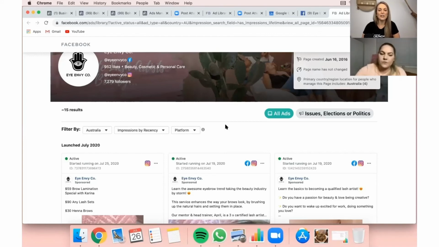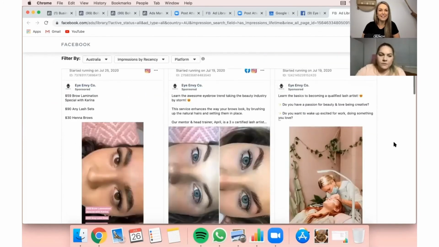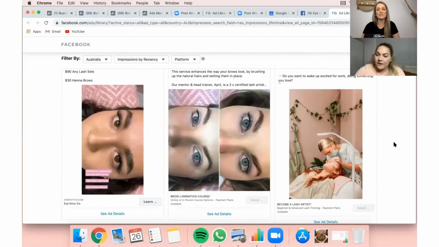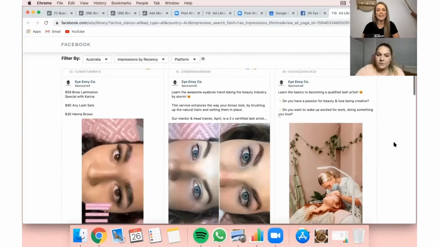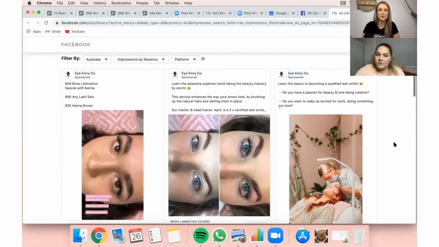And so when you're looking at these ads, we're not saying copy them, we're saying model them. So if there's a particular style of image that goes really well, or a certain amount of text on the image that goes really well, or they ask questions as opposed to tell a story or something like that, you model the layout.